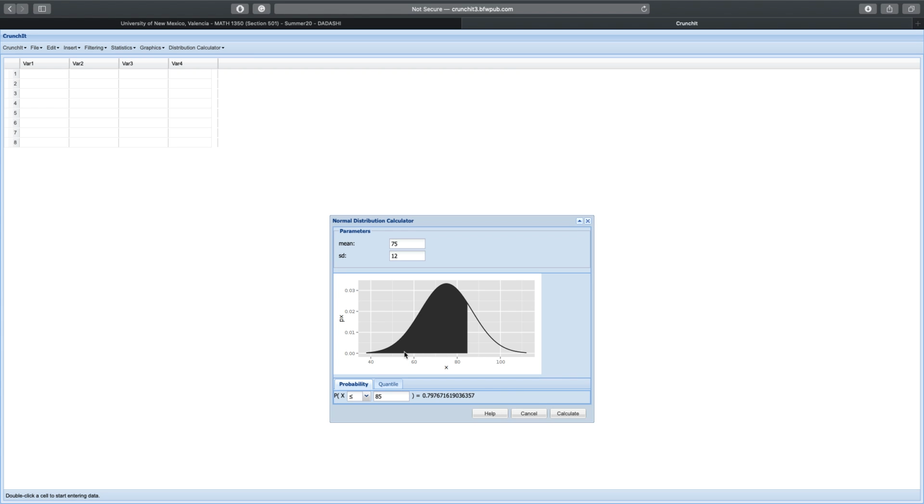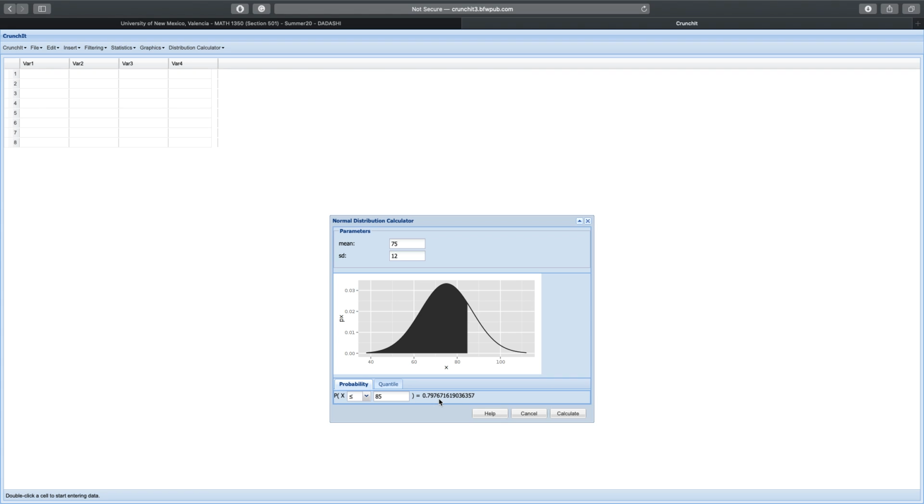area that contains 79.76% of observations who are less than 85. In our case, we are talking about test scores, so almost 80% of test scores are less than or equal